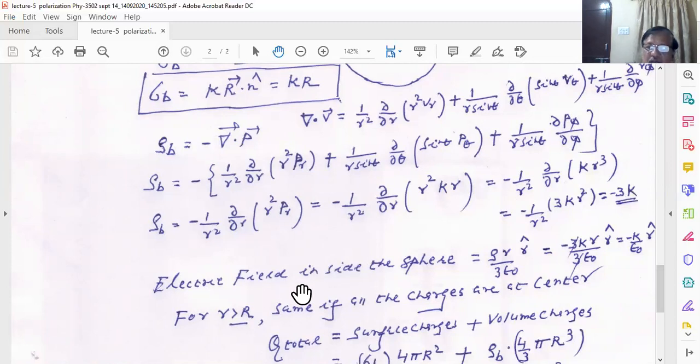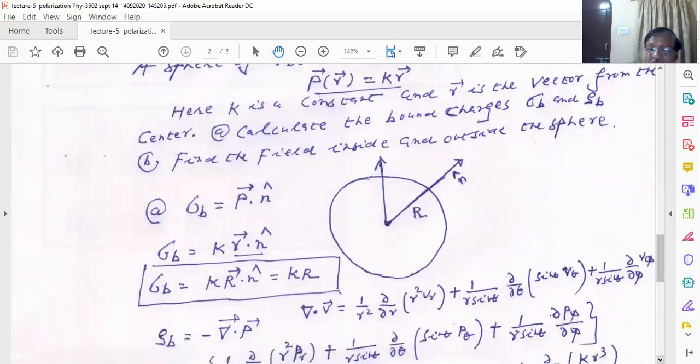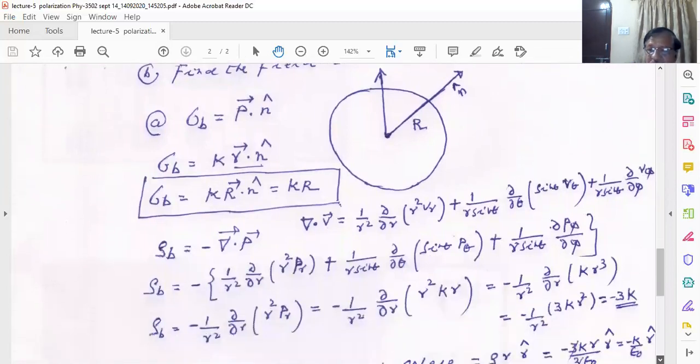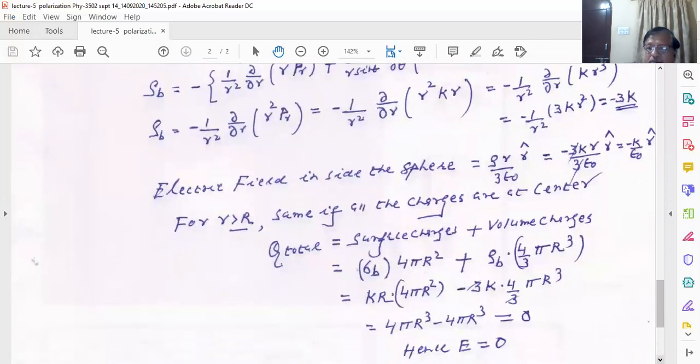Now you want to calculate the electric field inside the sphere. We know that if you have a charged sphere of radius capital R, and you want to calculate the electric field intensity inside the charged sphere at a distance small r, where small r is less than capital R, that means I am in the interior of the sphere. We have calculated the electric field. The electric field at a distance r inside the sphere, where small r is less than capital R, is given by rho r upon 3 epsilon 0.